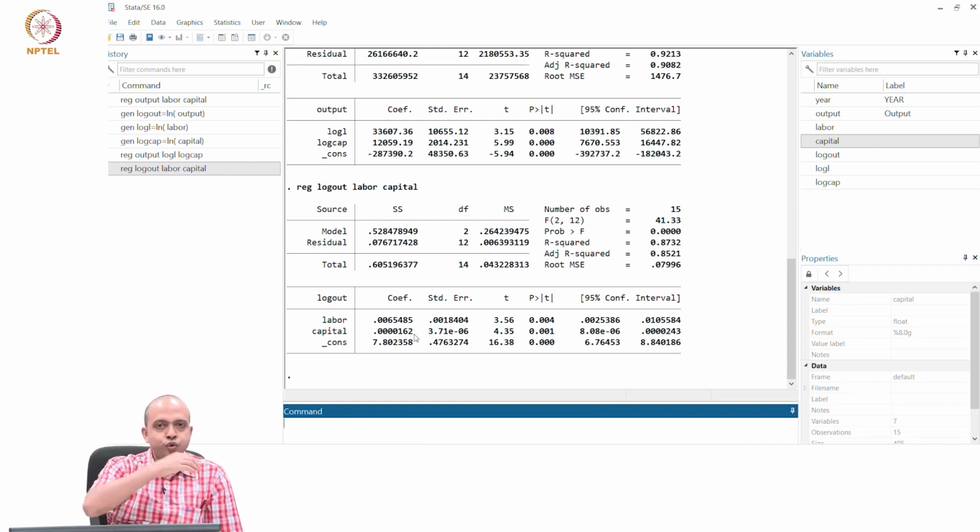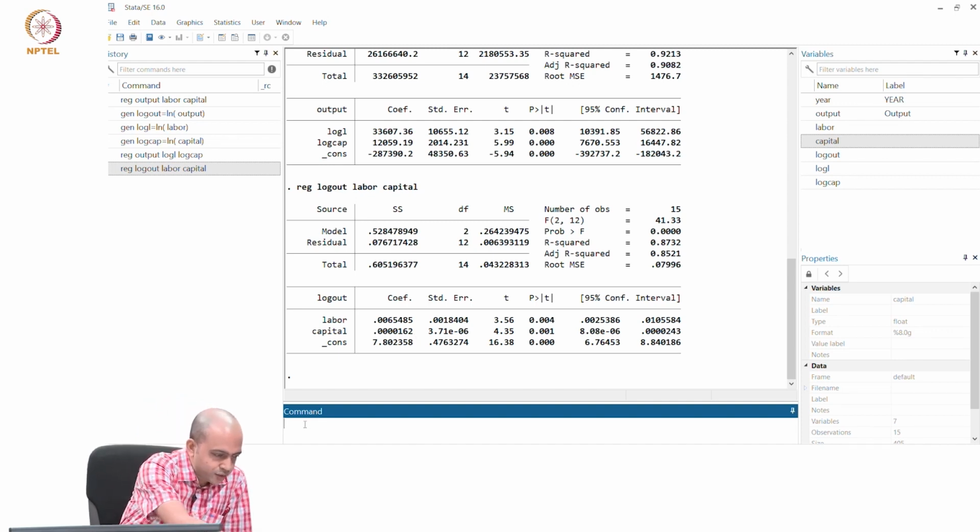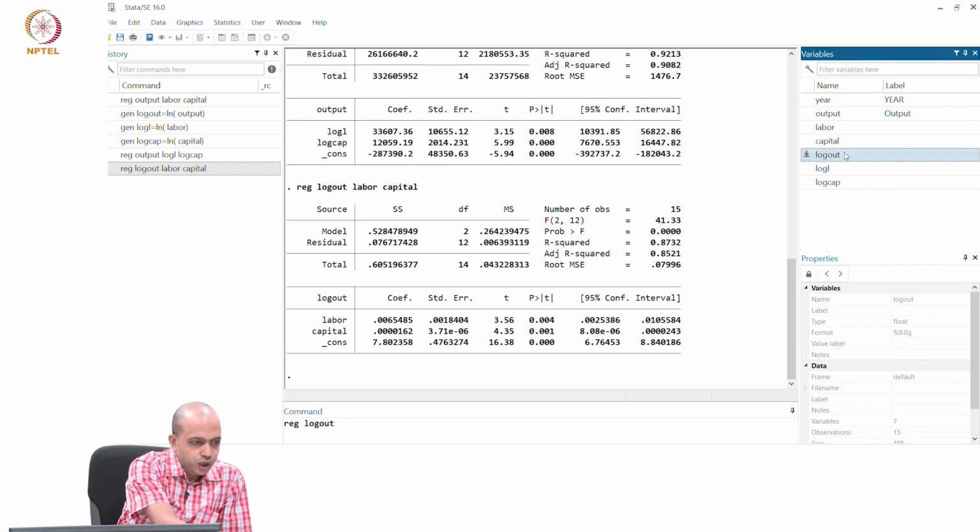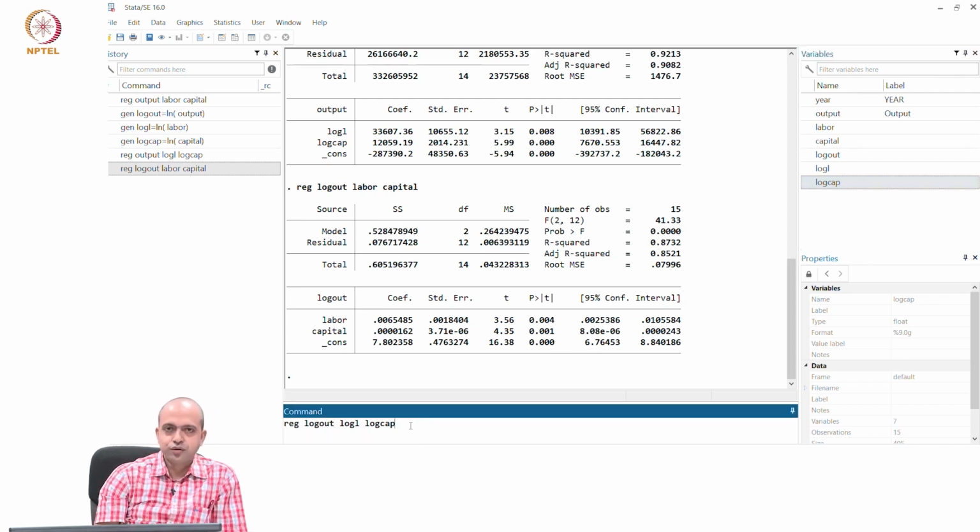we will estimate the fourth model where both are log transformed. So, that means we will estimate this type of model: reg, then log output, and we are regressing on log of labor and log of capital. This is our model, and this model is called the log model, both sides log transformed. And if you put enter,